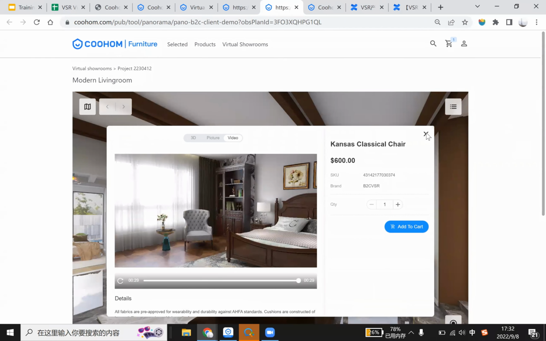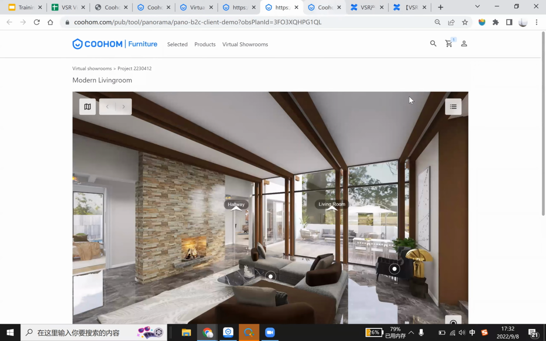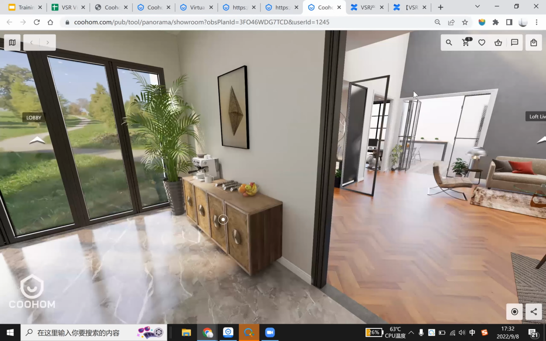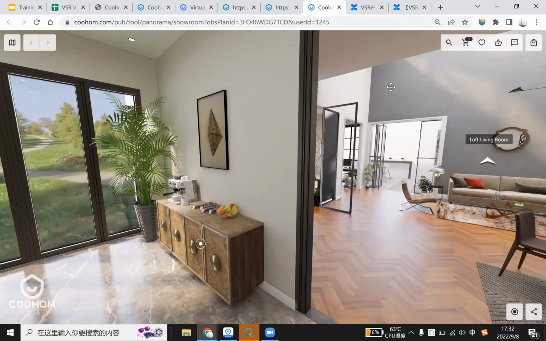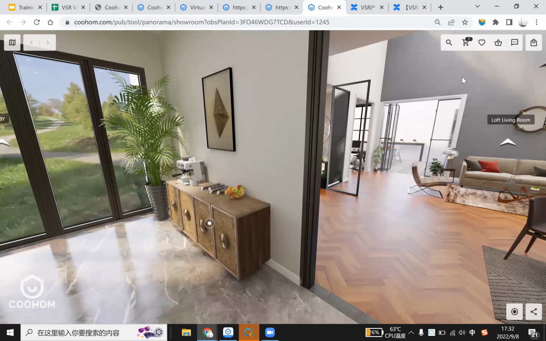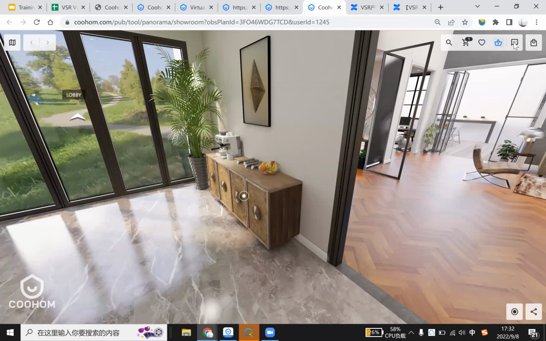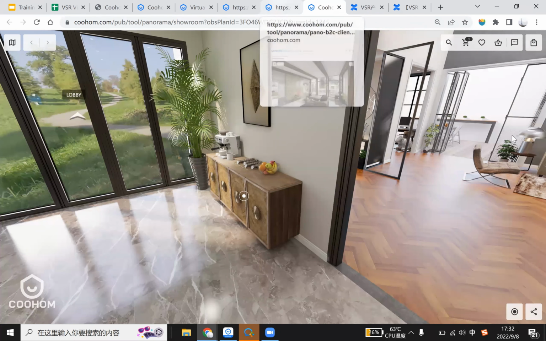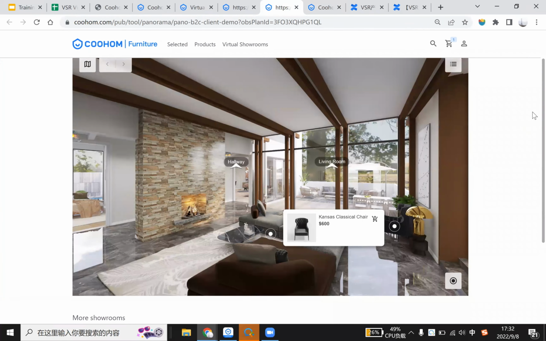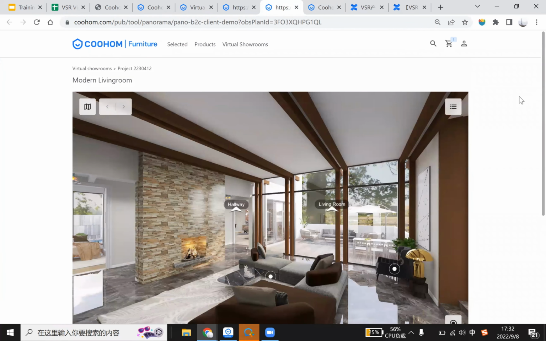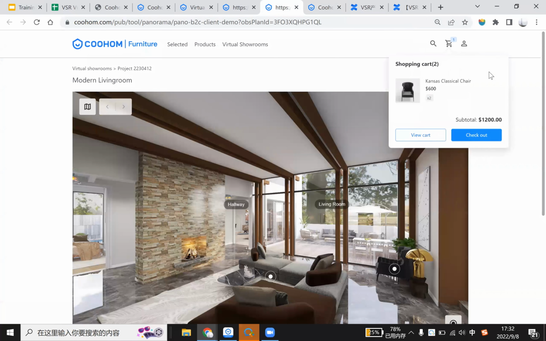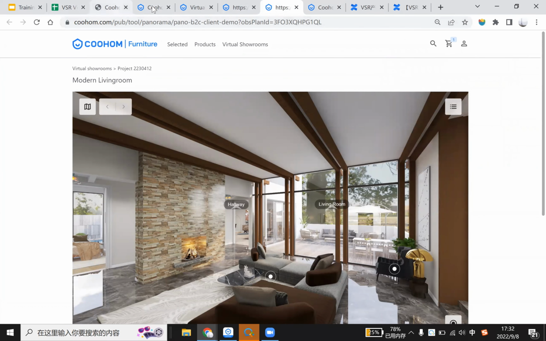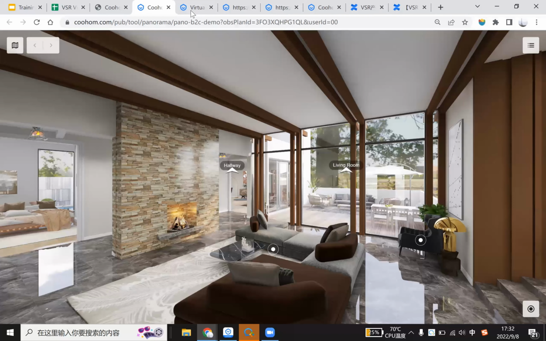For the B2B scenario, we have some more features, such as add to wish list and see comments. For the B2C scenario, we focus more on the add to cart function, and you could connect the cart to your own enterprise shopping cart, and we could also integrate this B2C version virtual showroom into your own